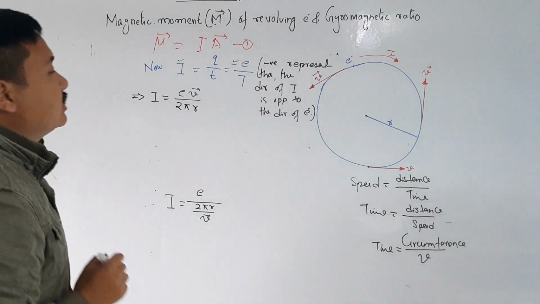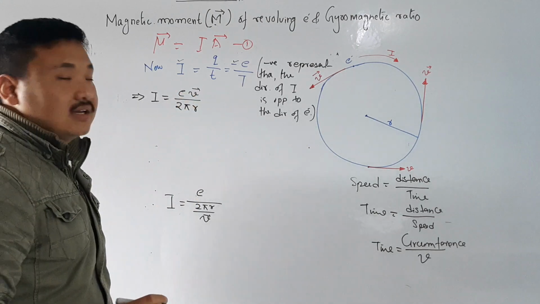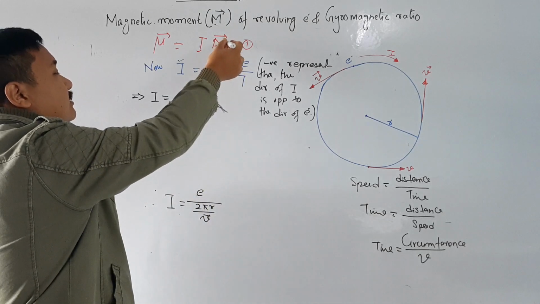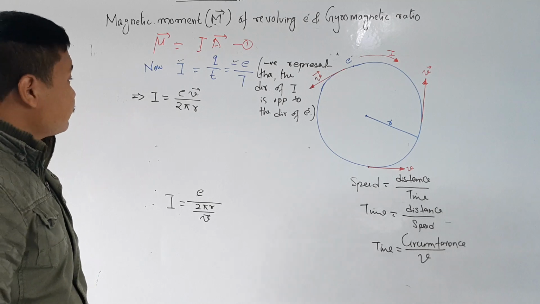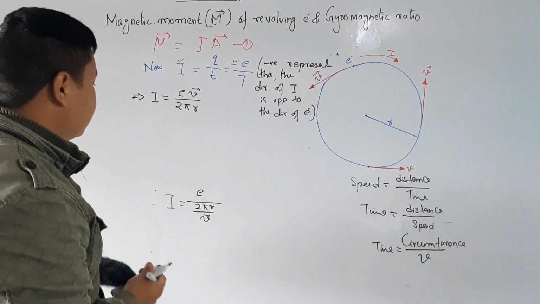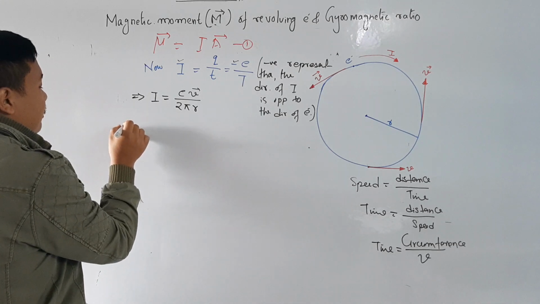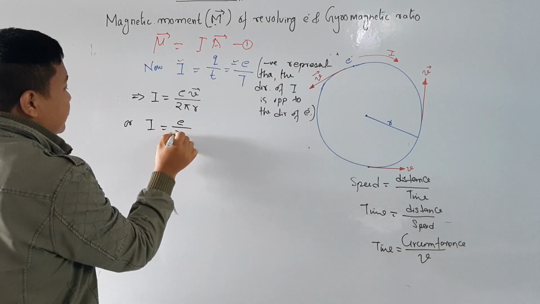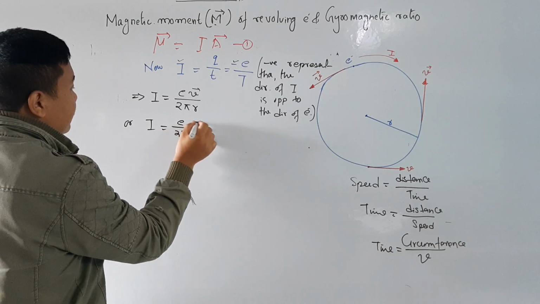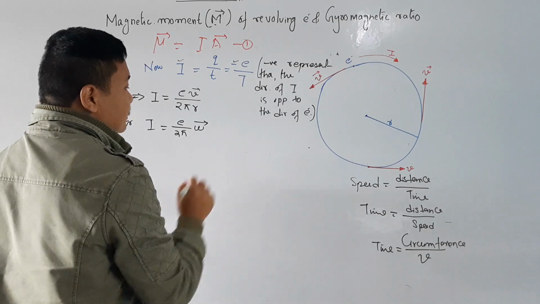Now I want to tell you one thing, you can always neglect the vector quantity, okay? Since I have already done it here also, I am putting the vector everywhere. So this is my current, okay? Now one more thing is that I is also equal to E divided by 2 pi omega vector, okay? So why omega vector?